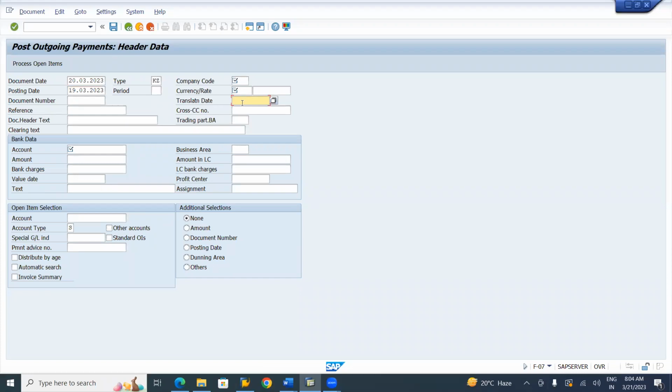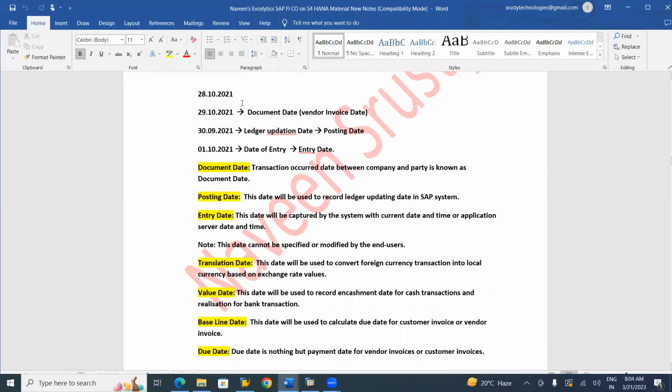Write down translation date. This date will be used